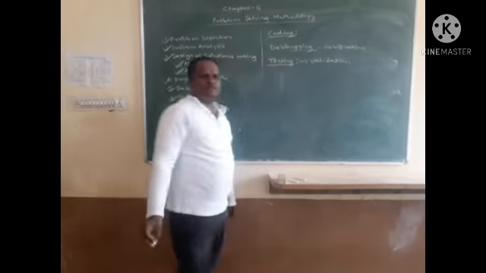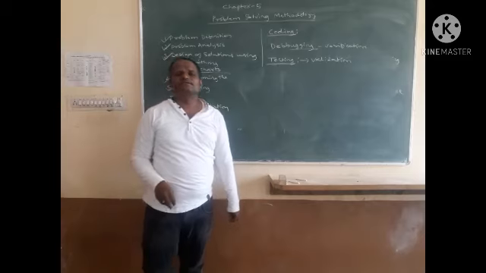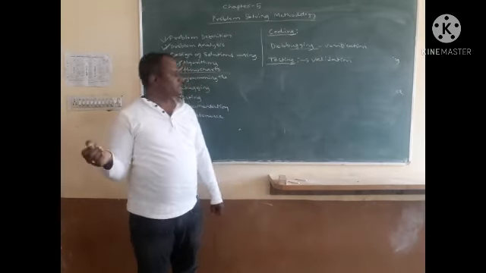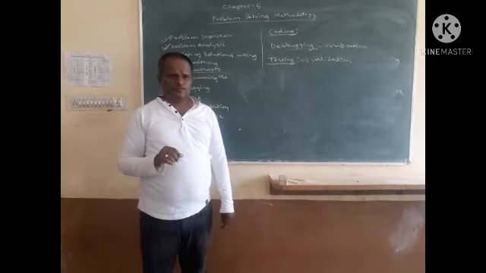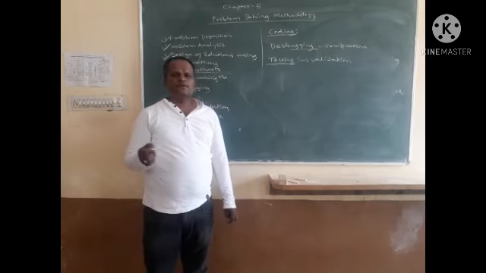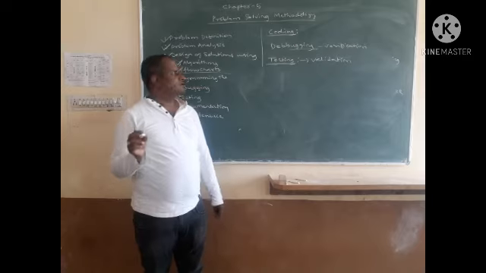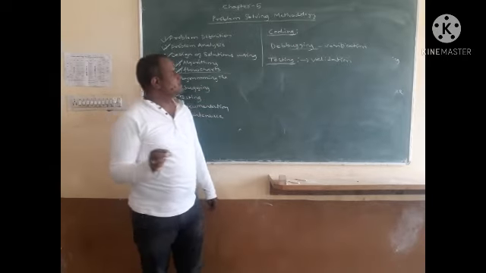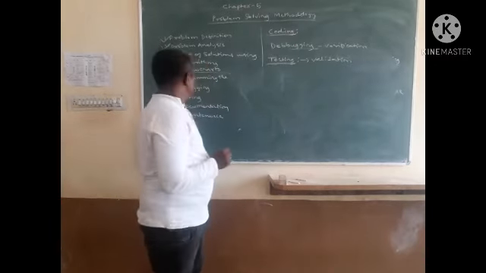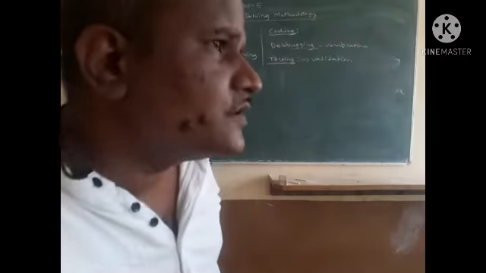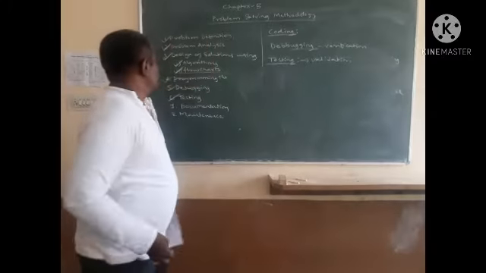We have to check the output for different inputs, and for all the different inputs it should produce the correct output according to its input. So testing is important for checking the program for different inputs, whether it is producing the right output or wrong. Okay, so this particular process is called testing. Then we have the process that we call documentation.